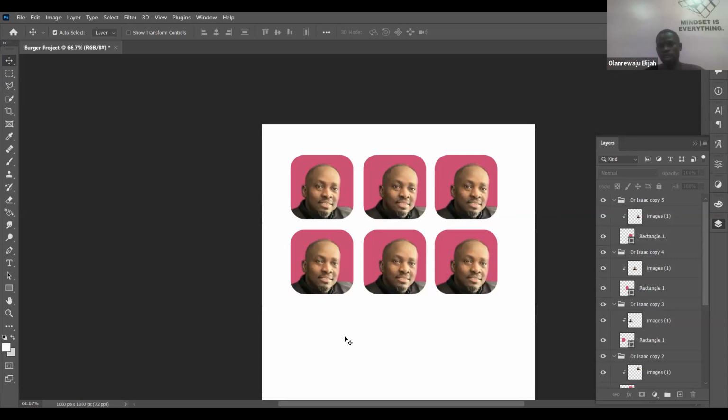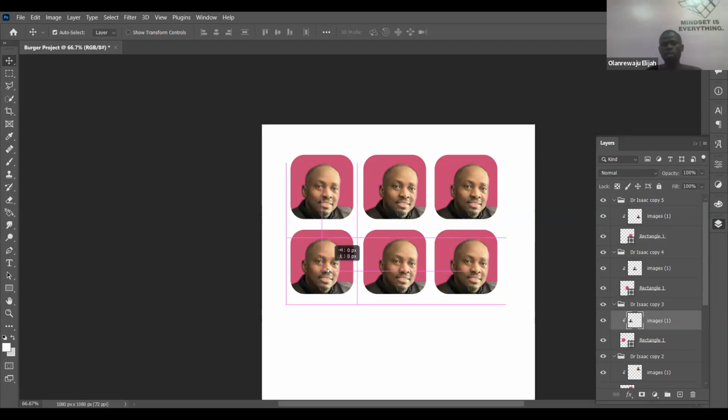And I said that if you clip something, probably an image in a square, you cannot use your move tool to move that image out of that shape, out of that square. It is only the transform tool that you can use to move the 2 of them together. You cannot move any of them in isolation. Can you see this one now? You cannot move the image out of it, because it has been clipped inside this square.